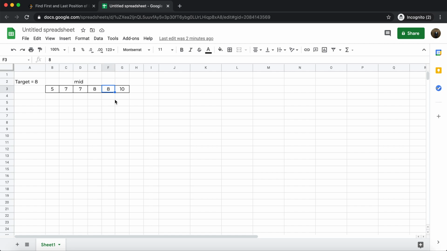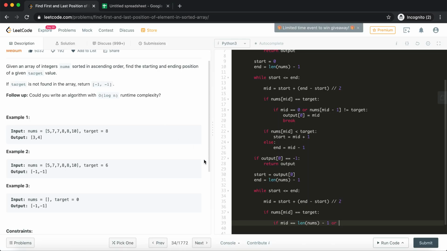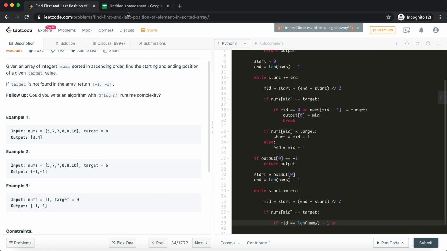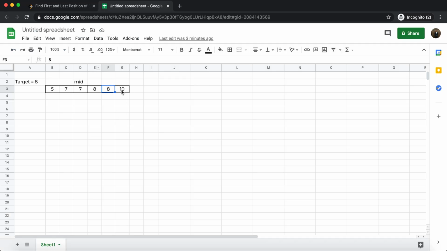So if this was the end of the array, then we know for sure that there are no other elements on the right hand side, so that must be the last occurrence of the target that we're looking for. Or if mid is somewhere in between, then what we need to check is if the next element after this mid that we have found is not equal to the target, right? So if mid was here, and we know for sure that the next element is 10, so this has to be the last occurrence.